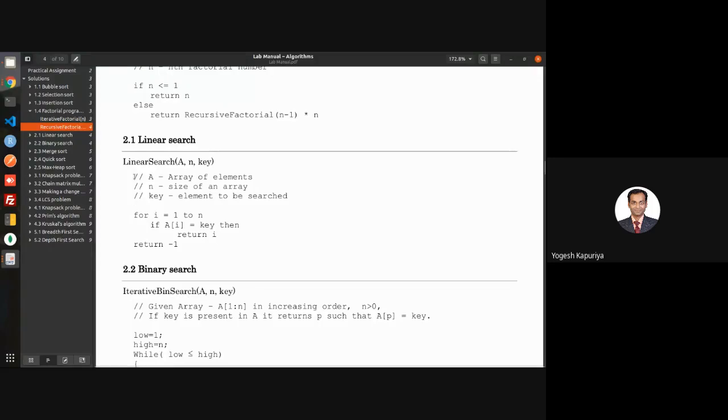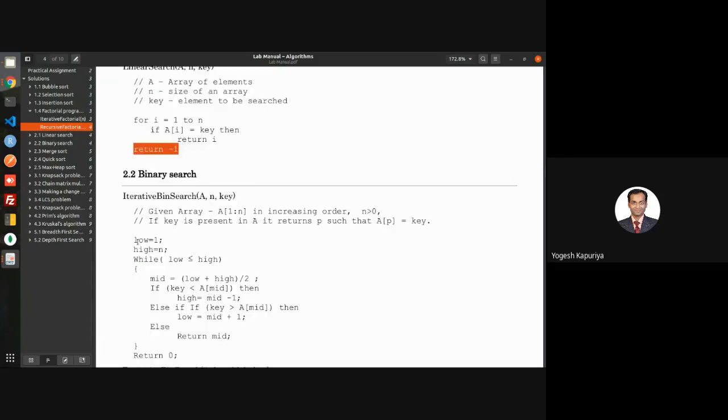Then this is also what we have discussed, a linear searching technique. It's a simple algorithm in which you are given an array, the size of the array, and the element which you want to search. In the simplest technique, you start from the first element and go till the last element. At any point, if you find the element, you return the position at which the element is found. In case the element is not present, this loop will terminate without returning from here. That indicates a false condition, so -1 will be returned. -1 indicates that the element is not found.